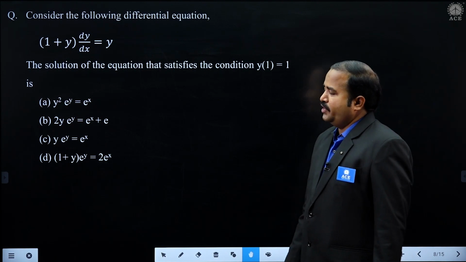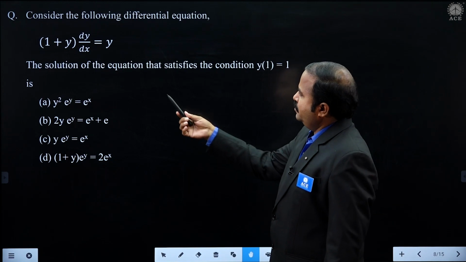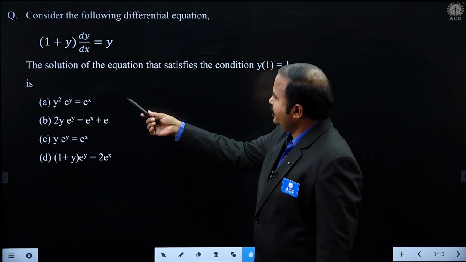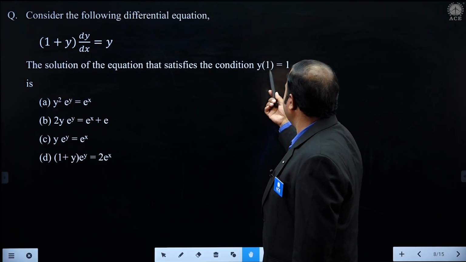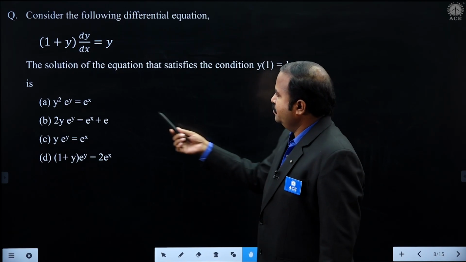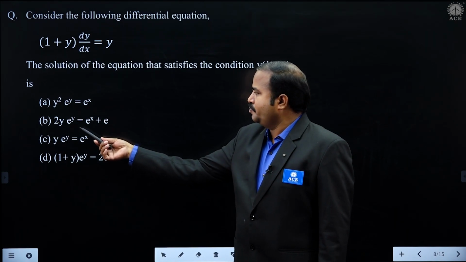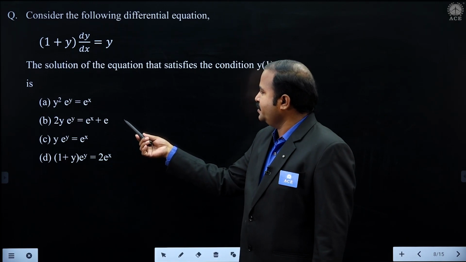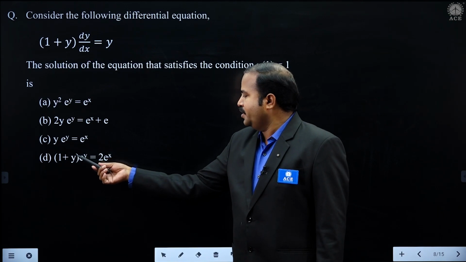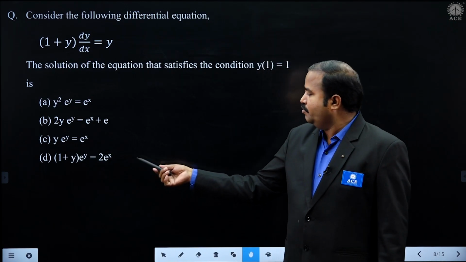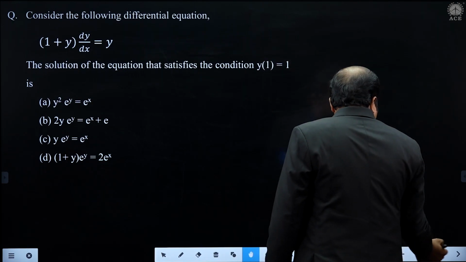This question is from differential equations. Consider the differential equation (1 plus y) dy by dx equal to y. The solution of the equation that satisfies the condition y of 1 equal to 1 is: option A, y square e power y equal e power x; option B, 2y e power y equal e power x plus e; option C, y into e power y equal e power x; option D, (1 plus y) into e power y equal to 2 times e power x. Right. So to solve this one,